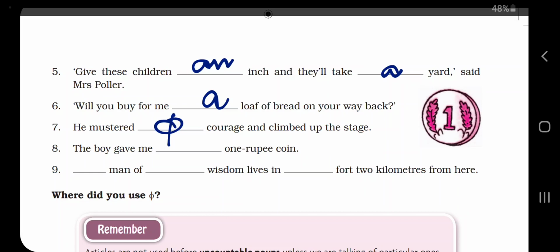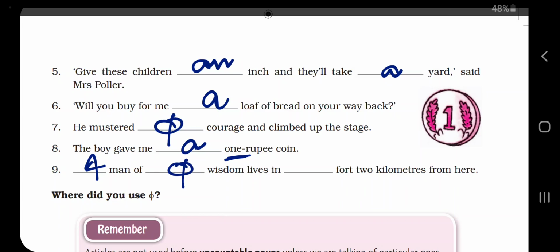The boy gave me. Now what should be here? Again, one, W pronunciation, though it is a vowel, so it should be a one rupee coin. A man of wisdom. No need for the. The wisdom doesn't sound good. It's not correct. A man of wisdom lives in